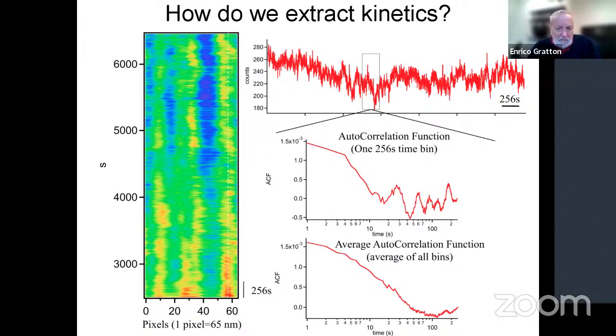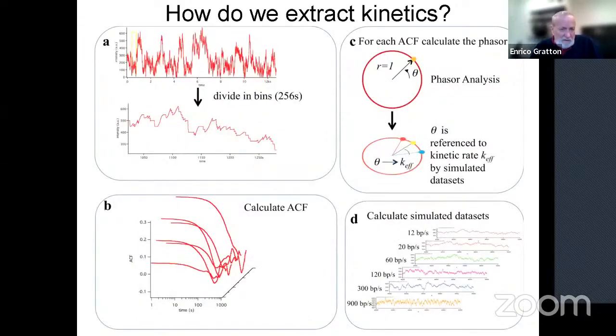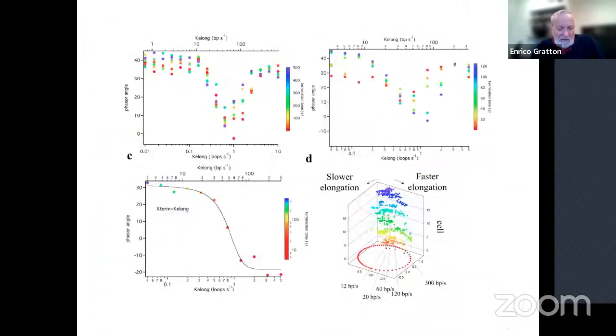Okay, so we observe many petals simultaneously of the same particle, and then we can observe how long a petal exists. So the kinetics is extracted from the ACF curve. Can we have the next slide?